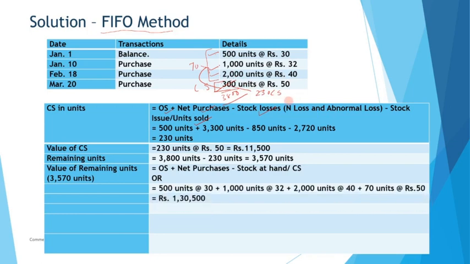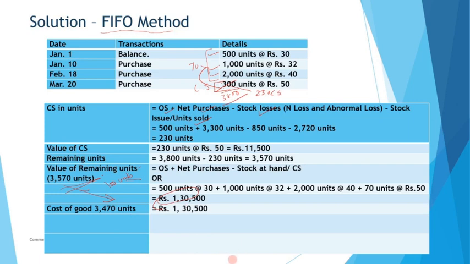So this is how we calculate cost of remaining units. Now these are the remaining units, find it here. These are the remaining units with you, but out of these units, we are given that some stock is lost due to normal reasons, and that is 100 units. So now this cost will be spread for the remaining good units, that is cost of 3470 units. So out of 3570 units, normal loss of goods is subtracted and cost is spread over these units.